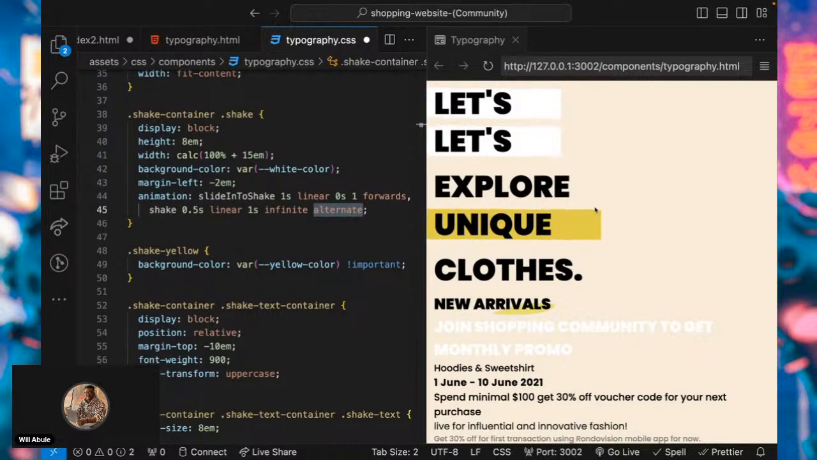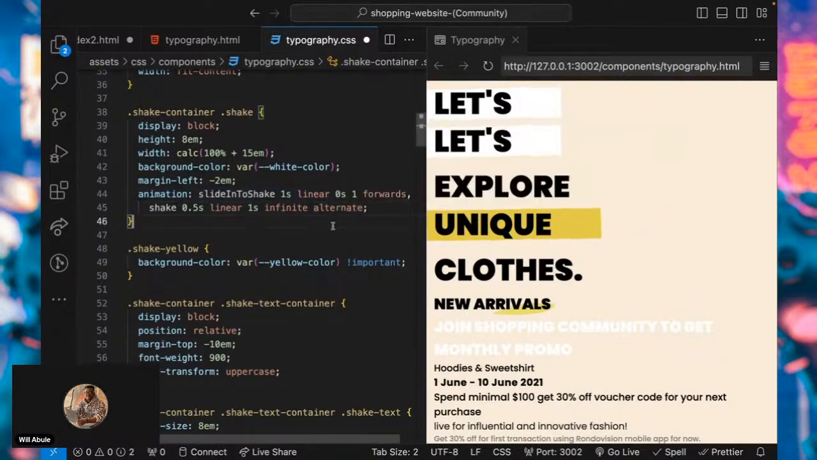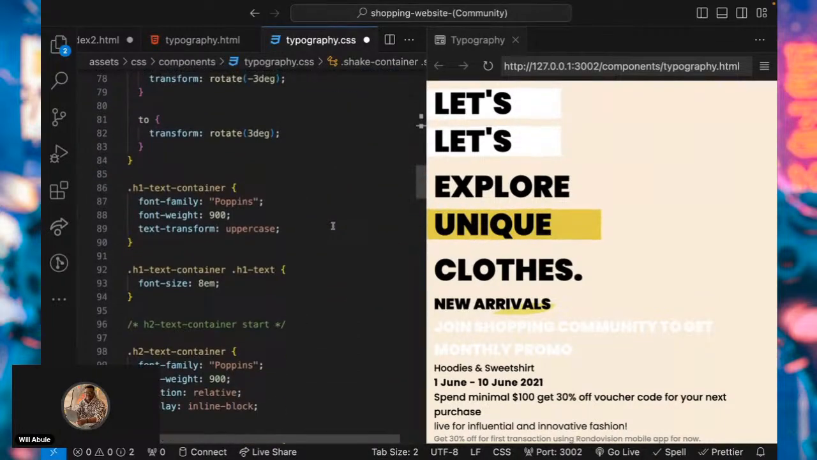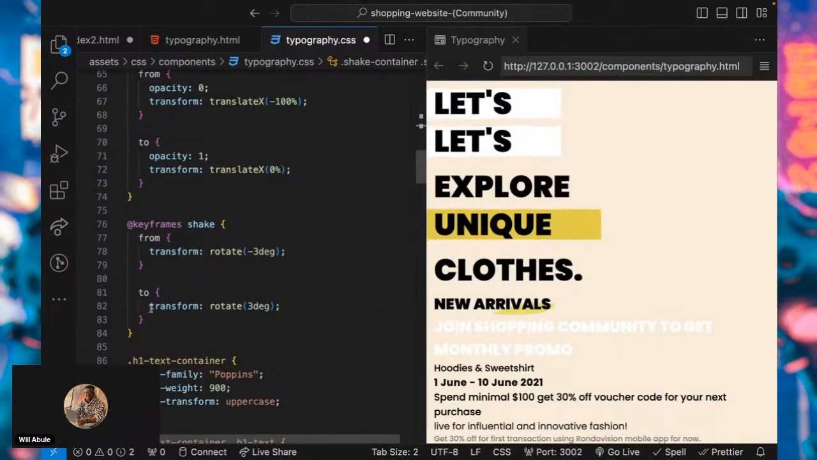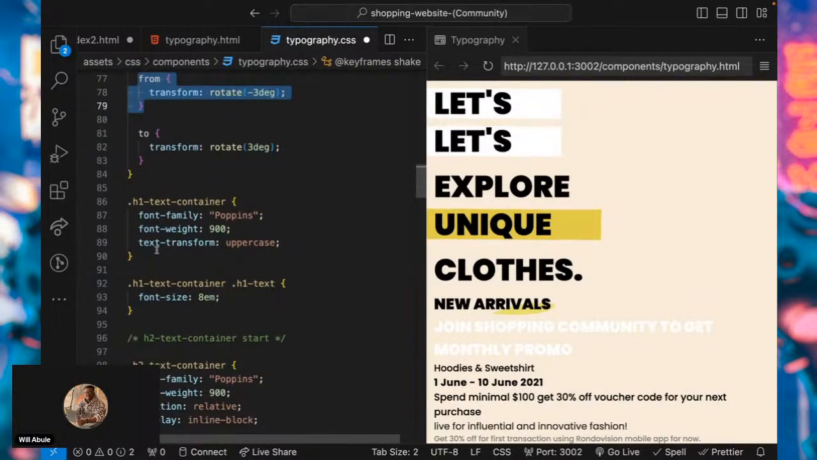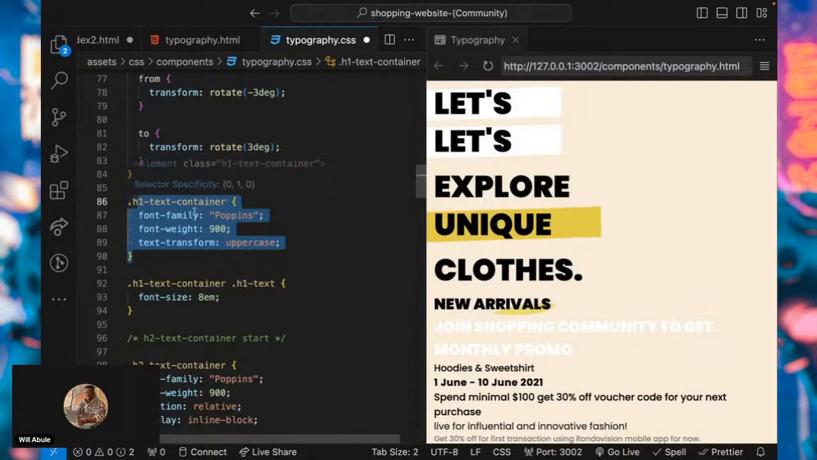So sometimes the animation starting point can be from the top shaking down, or it could be from the bottom shaking upwards. So that's what this alternate does. It alternates between those two sections. So basically, it alternates between starting from one point or the other. It's just random. Then I created a class called H1 container, and